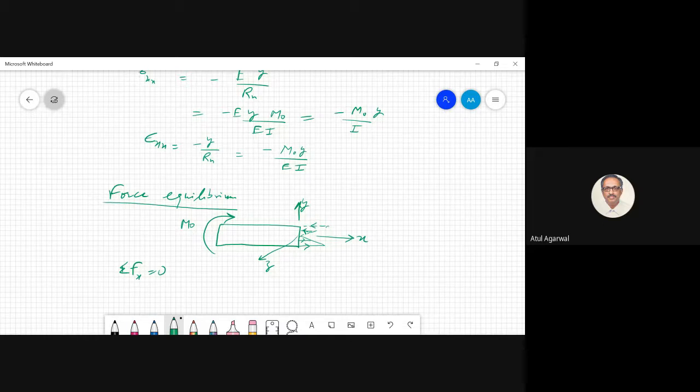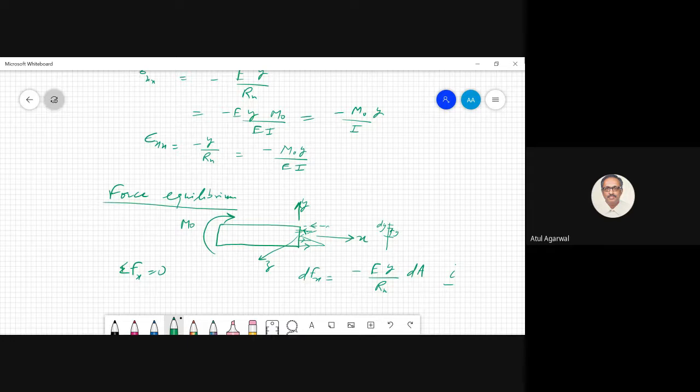These forces are in x direction. Externally, there is no force applied in x direction. So the resultant of these forces has to be 0. And I had told you what was dFx. I had calculated dFx for you: minus Ey by R. Then I had multiplied by the area. So that was the force at distance y. At distance y, at an element of length dy, there was this force.